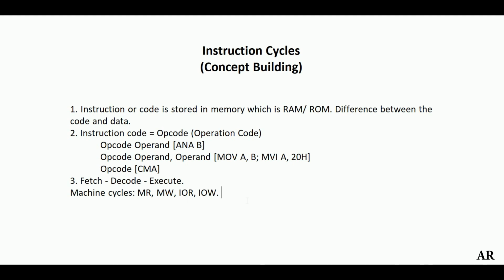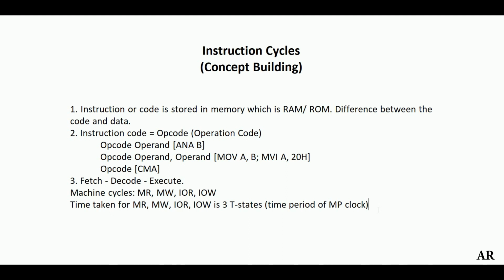Also, all these machine cycles, that is memory read, memory write, IO read and IO write, take 3 T states for execution. So we can write, now please note it is 3 T states and not 3 seconds. Now what do we understand by these T states? A T state is the time period of the microprocessor clock. So I can write time period. Here MP is abbreviated for microprocessor. So one T state is equal to the time period of the microprocessor clock.